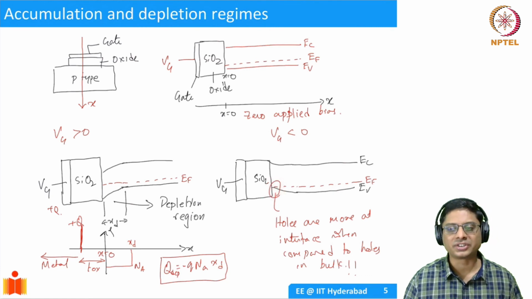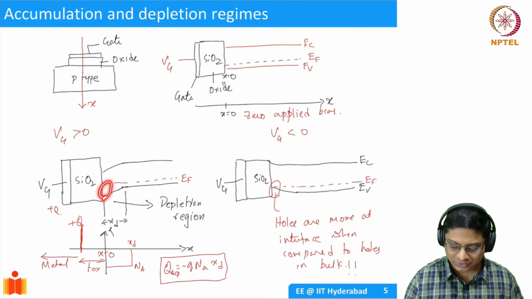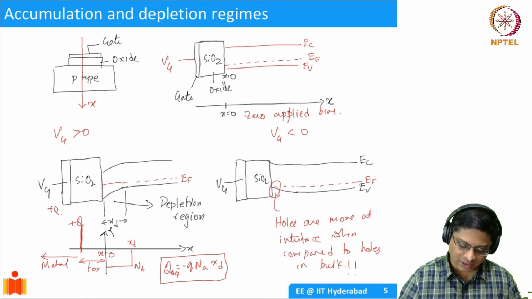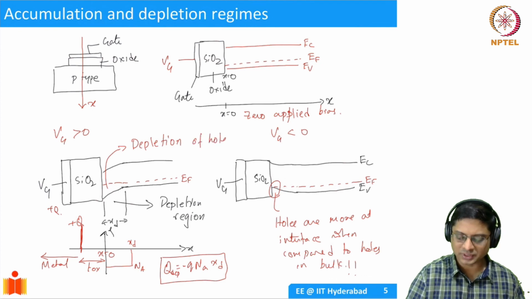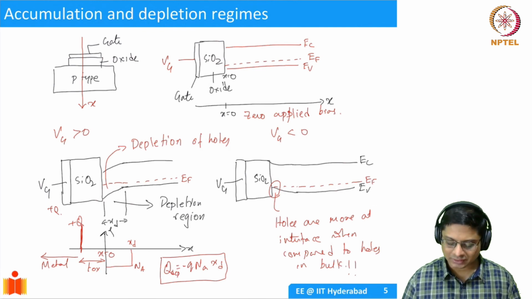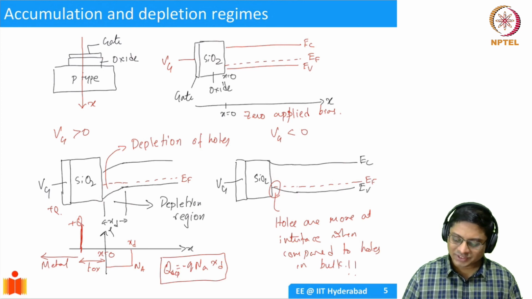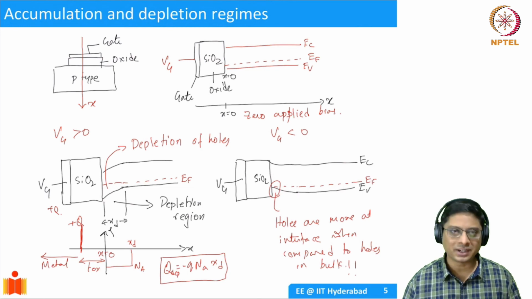That's why we call it accumulation. Whereas here in the depletion regime, EF is farther from the EV, so you have fewer holes here. Or rather, depletion of holes. We removed holes from there. What you have left is some space charge. There are no holes present anymore there. It's completely depleted. Well, almost completely depleted. So this is the difference between accumulation and depletion regime in terms of band diagrams. And these are simplified band diagrams, mind you.